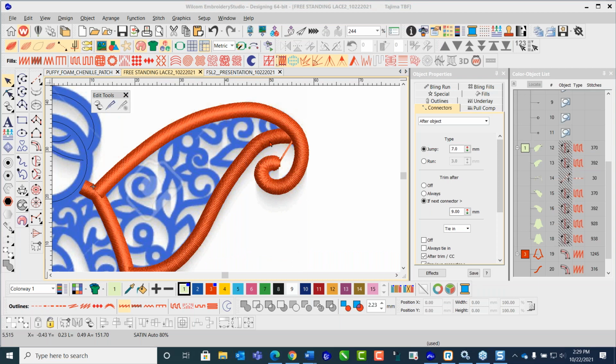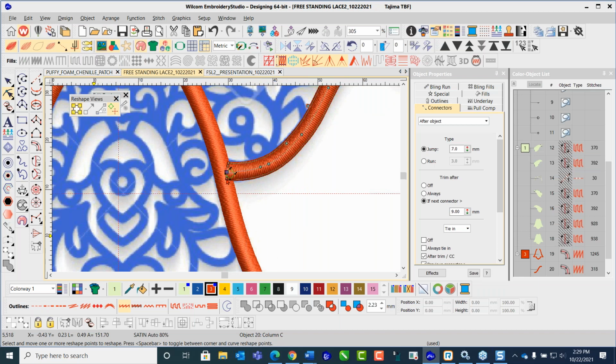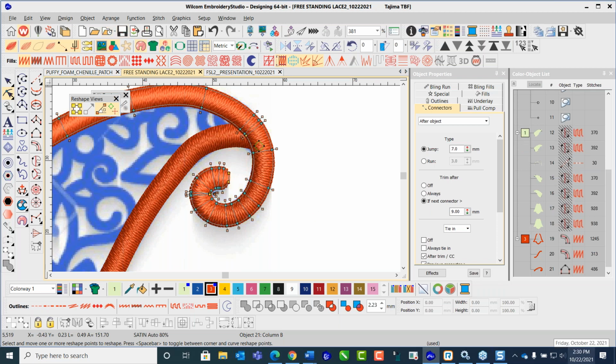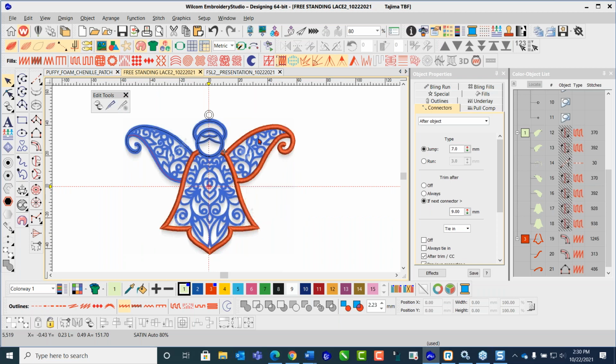Now, this line here, if I select this item like this, and I go to my reshape tool, here's my starting point for this item. Okay, and here's my exit point for this item right here. Okay, so why the connection stitch? I'm going to press tab to advance it. Well, here's a starting point when it should be where this one ended as I click save. Okay, because this is something that I'm setting up for the entire run with this, because right now once I select these items that I have,